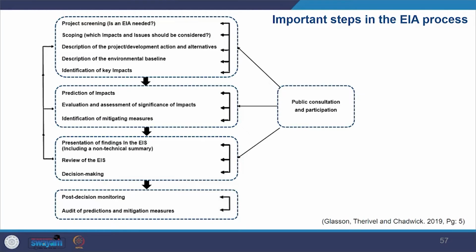So moving on to the next box, we see the next stage, that is, predicting the impact of the proposed activities. After we identify the key impacts, we start the prediction of the impact, like what will happen. So here the purpose is to identify the magnitude. We look at how much the impact would be, to what extent it would be, and other characteristics which are very decisive in determining whether the project has to be taken or not. And we'll also look into how we make those decisions in the later part of the lecture.